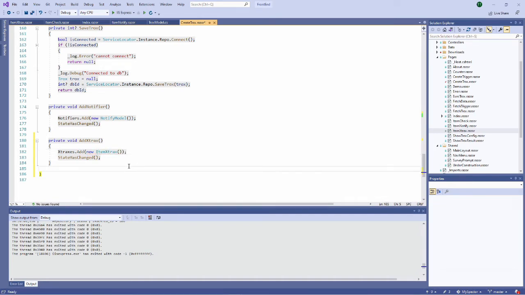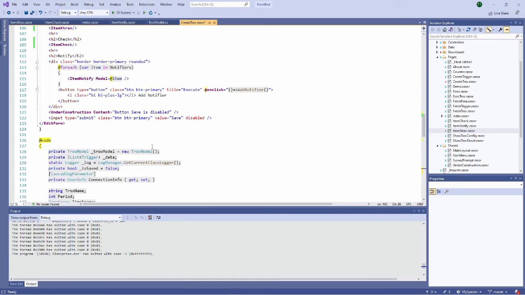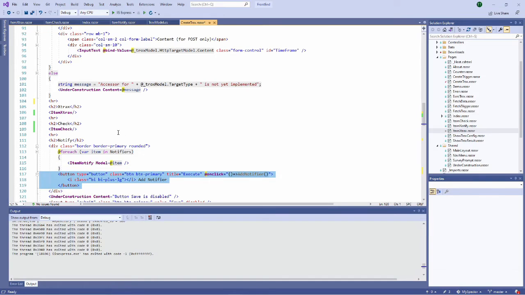So I am building a list of components that I want to display. I add an item, and this method add extracts will be triggered when we click on a button that I will add now.